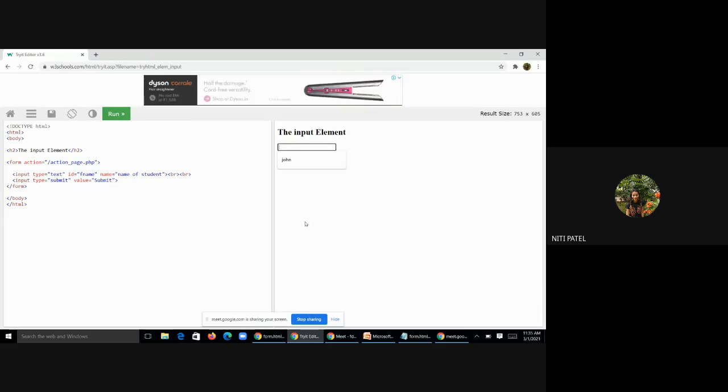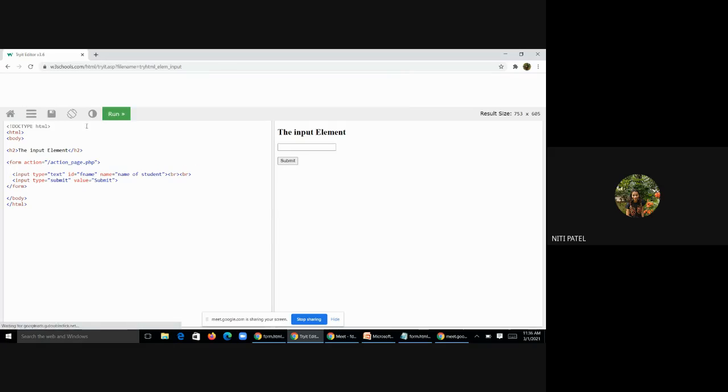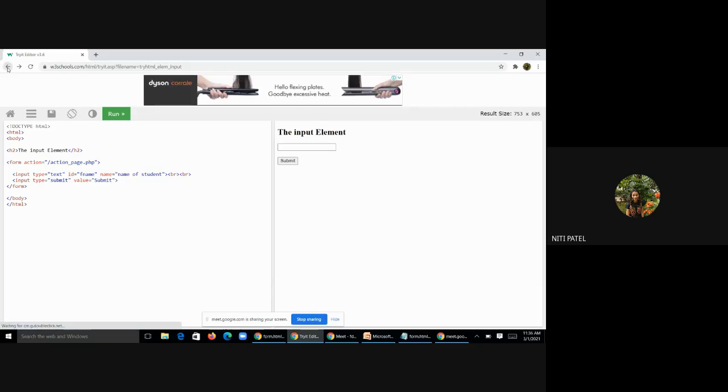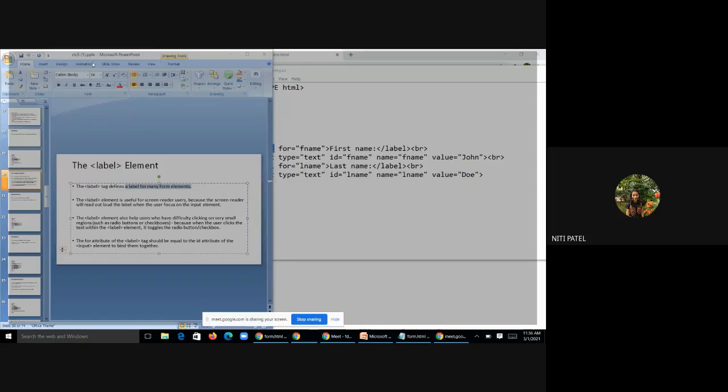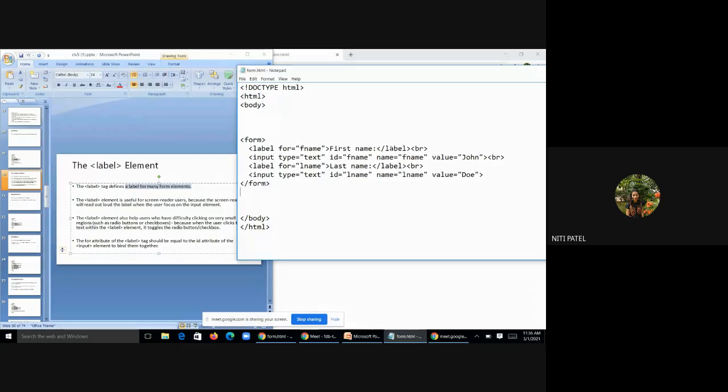So every element that you are using, let it be a text field or a radio button or a checkbox or a submit button or any other kind of button, every element should have a label. Why? Because of that label, the user who is filling the form is going to understand what actually that element wants to be typed. So if I give the label now, label first name, and when I give this label as first name, label close, what is the user going to understand? That in this text field, I am supposed to write the first name.